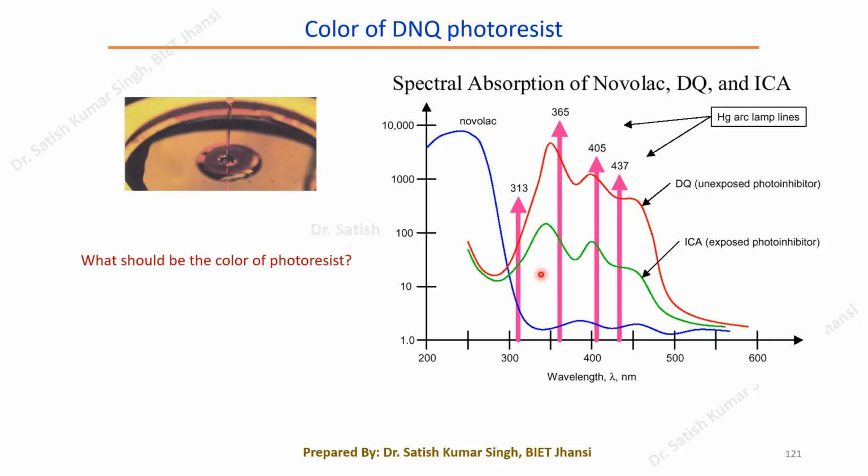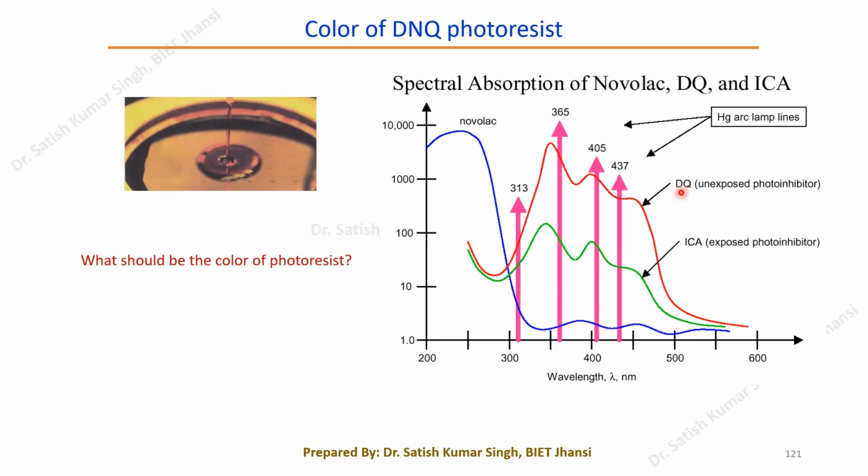Here you can see that in this GHI region, in this particular I line or G line, the absorption by the Novolac is very small. It cannot absorb the wavelength, because Novolac does not have that property at this particular wavelength. But our DNQ, the unexposed DNQ, the unexposed photo inhibitor,